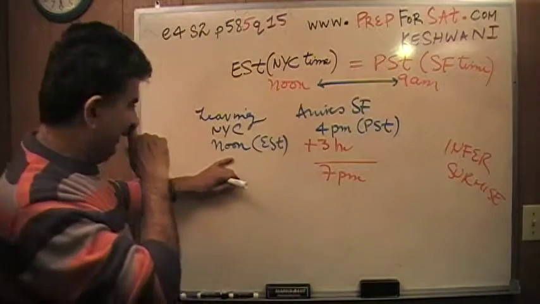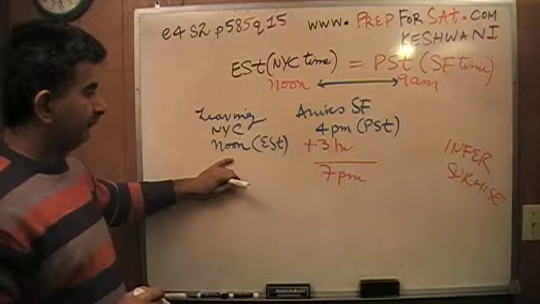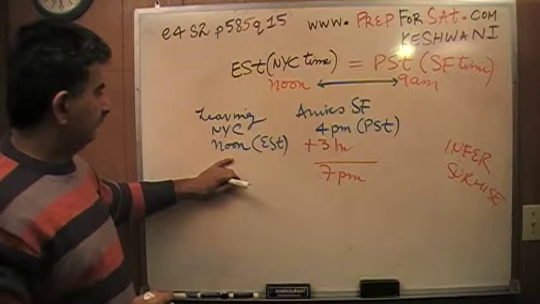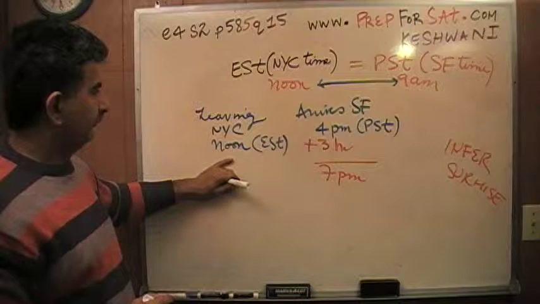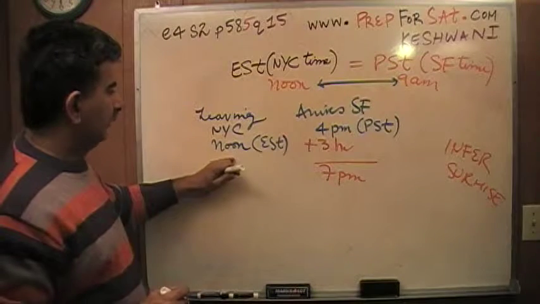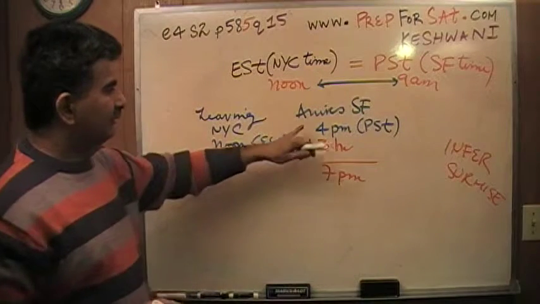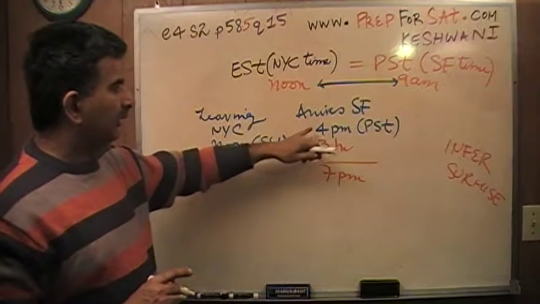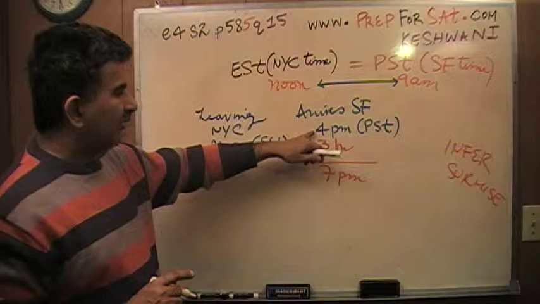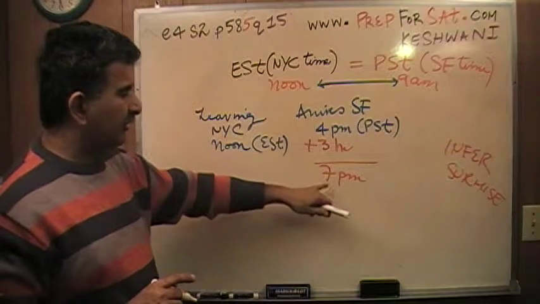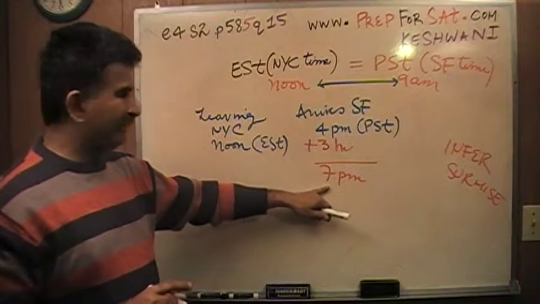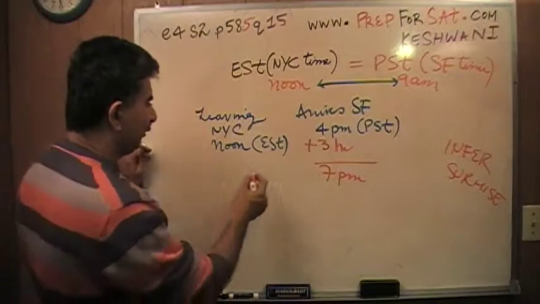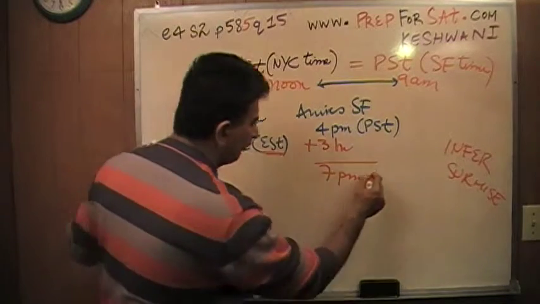In other words, when it's noon in New York City, San Francisco is 3 hours behind us. So when it is 4 o'clock in San Francisco, it should be 7 o'clock in New York City, which means the whole trip, since we're starting out with Eastern Standard Time, we have to convert this finally